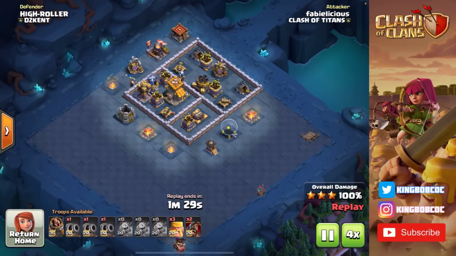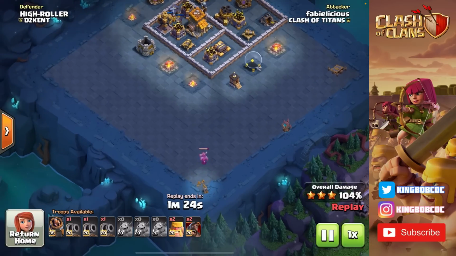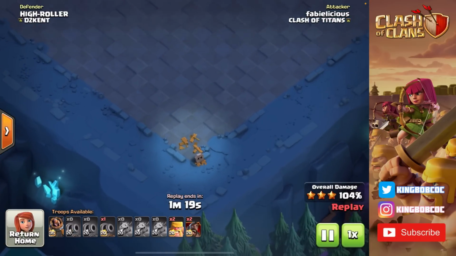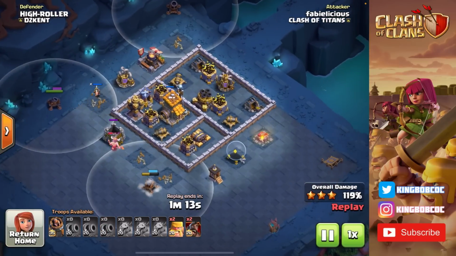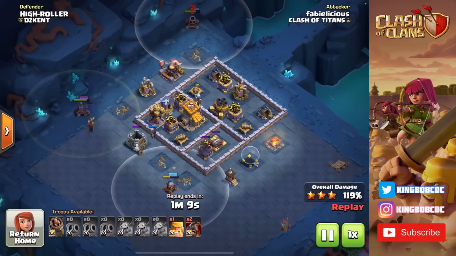Let's see what he's going to do. So he's bringing barbarians once again and some hog gliders. Now, he must have attacked this base already or just knows the traps because he knew there was a Tesla in the corner, or he was just testing for the Tesla in the corner with the barbarians. But he takes it out, no problem, and he's sending in these carts all along the top and the left